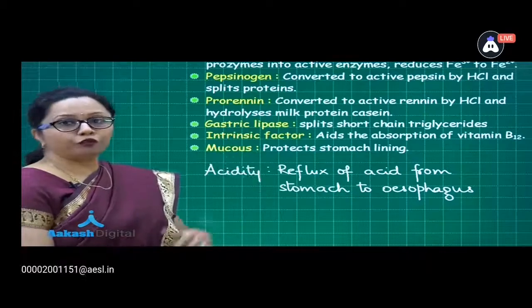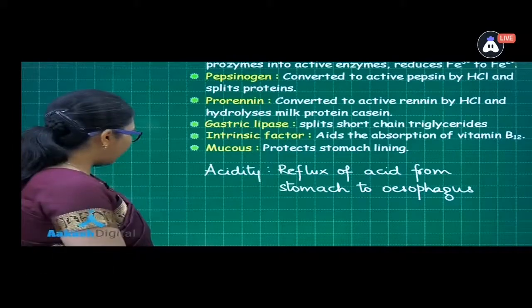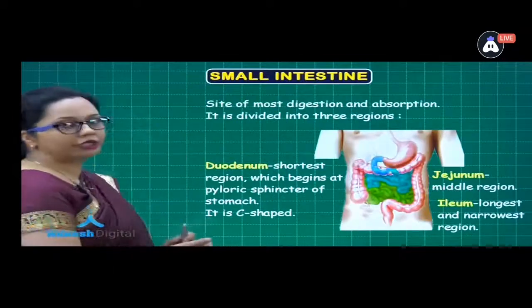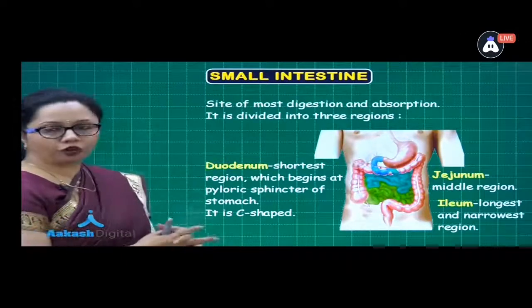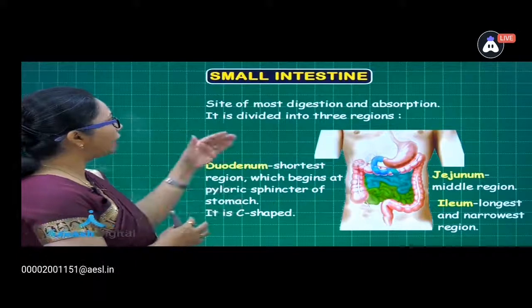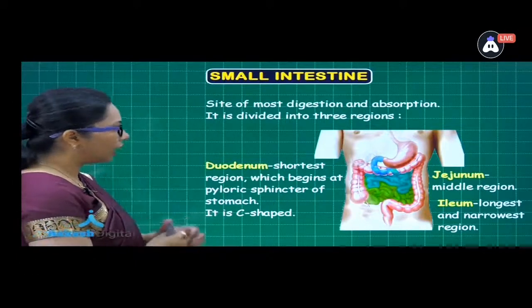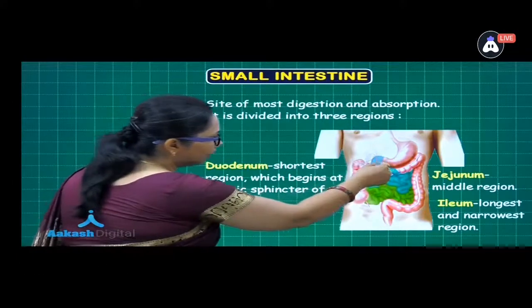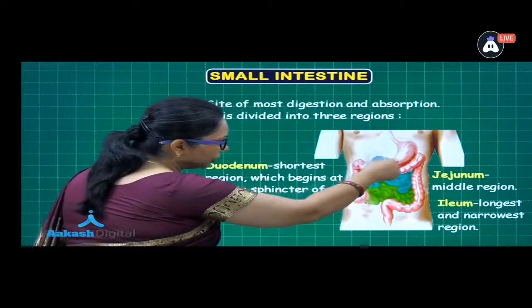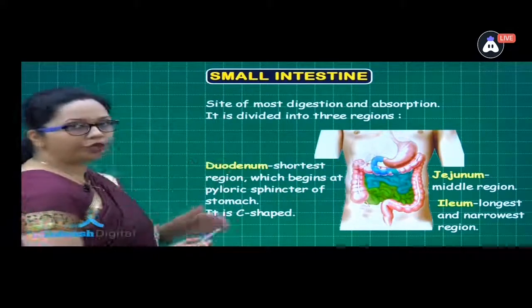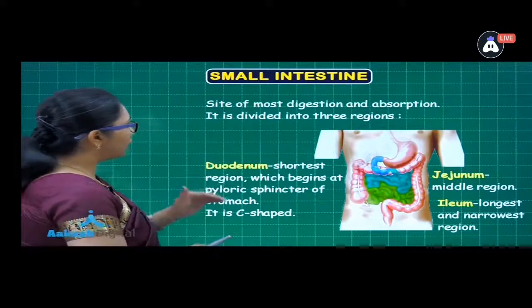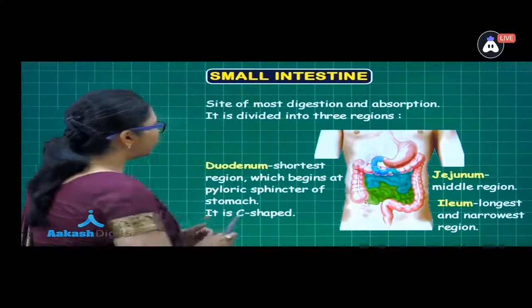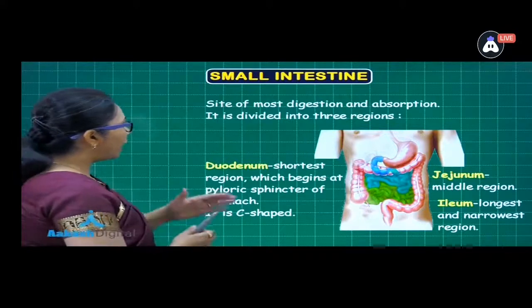Now let's move to next part of the alimentary canal, and that is the small intestine. Now the small intestine is the longest part of our alimentary canal, and it is divided into three regions. Now just after the stomach, this C-shaped structure that we see here, this is the duodenum. And this is the shortest part of the small intestine, and as we see, it begins from the pyloric sphincter, and